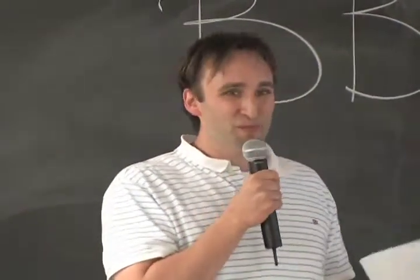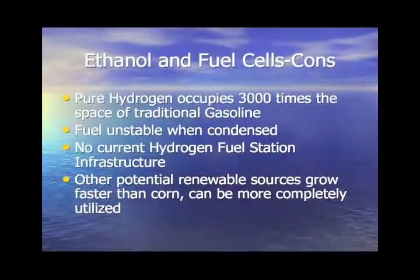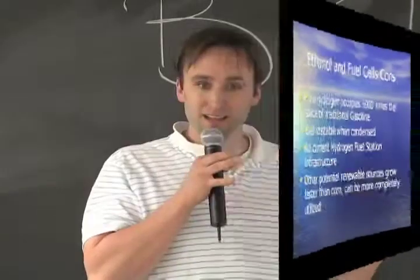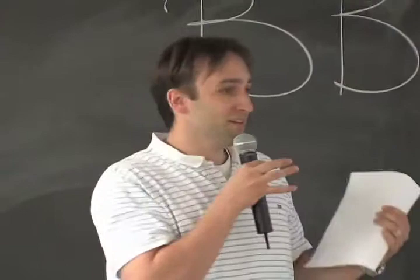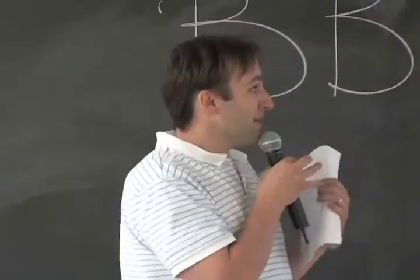The biggest disadvantage of fuel cells right now, and probably the reason why most of us aren't driving around in cars with fuel cells, is storage capacity. Pure hydrogen occupies 3,000 times the space of traditional gasoline. Well, we'd all be either driving gigantic cars, or they're going to have to come up with some new technology to store the hydrogen in a compact area,